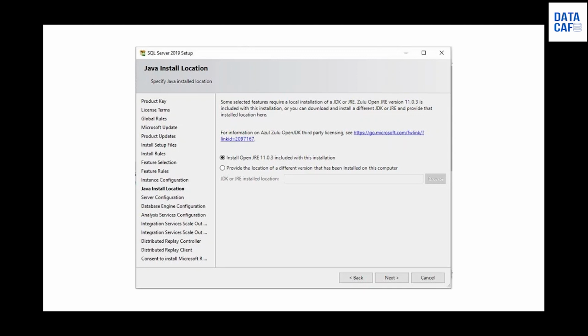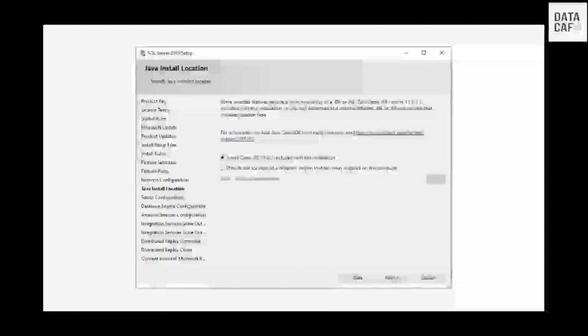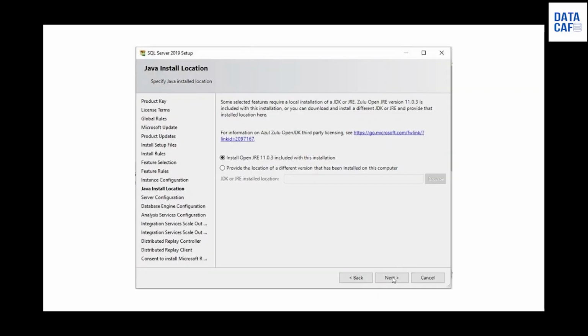If you have already installed it, you can point your JRE installation location by checking the second radio button. So if you want, you can install, or else you can point to the installed location. Once you select that option, you can move to the next window by clicking on the next button.